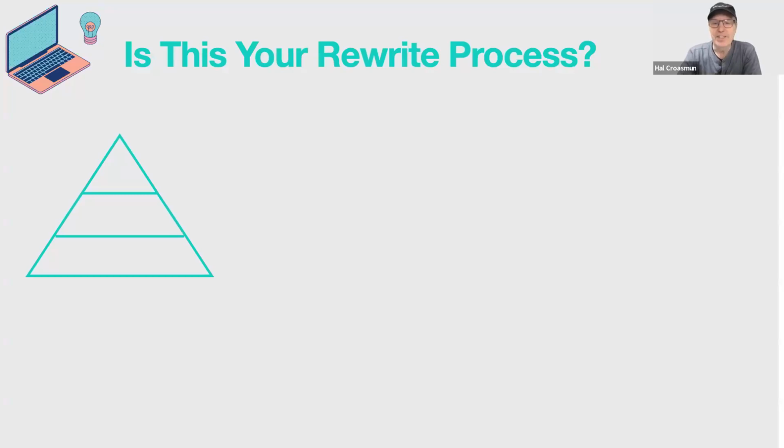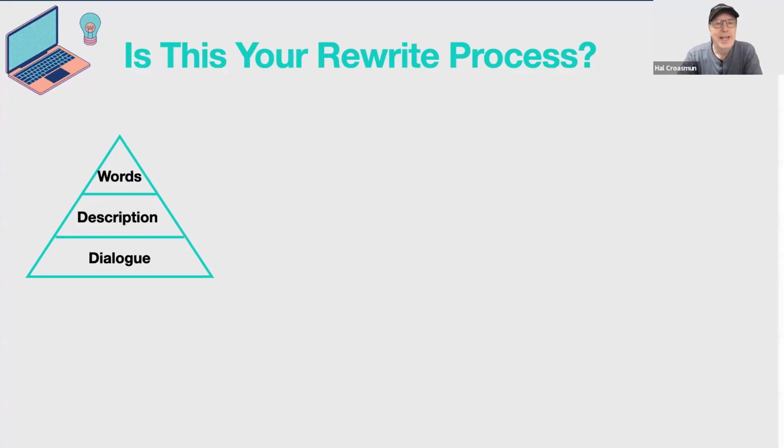So let's just first start with this. You're looking and thinking about the rewrite process. And I did this about 15 years ago or so. I had taken a class before I ever started teaching. I had taken a class on rewriting, and this lady taught this particular process. Essentially, you went to the beginning of your script. You started at page 1. You read through, you looked at the dialogue, the description, and the word choices. And as you did, you made whatever changes came to you, right?